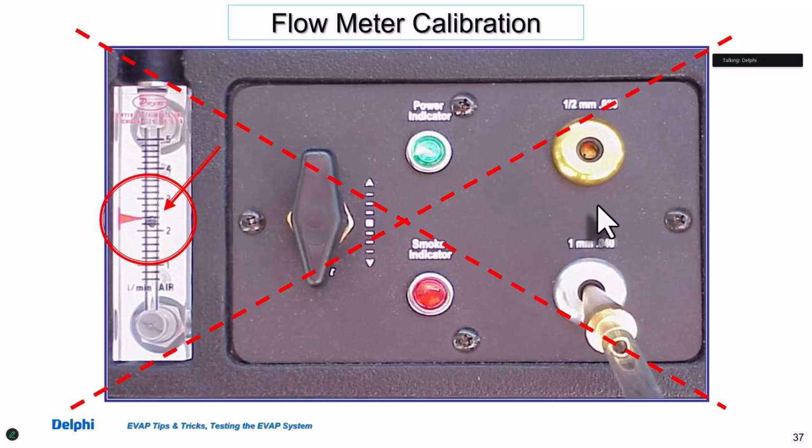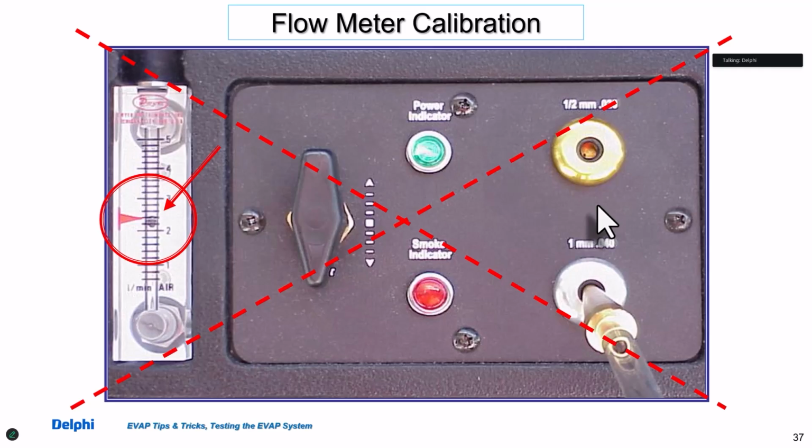And what I want you to remember on EVAP is the car does not leave the shop unless the ball is all the way at the bottom and is staying there when pressure or smoke are being applied. If it's anything other than that, you got to go find it. Don't say it's below the arrow. Below the arrow means the system is technically passing,